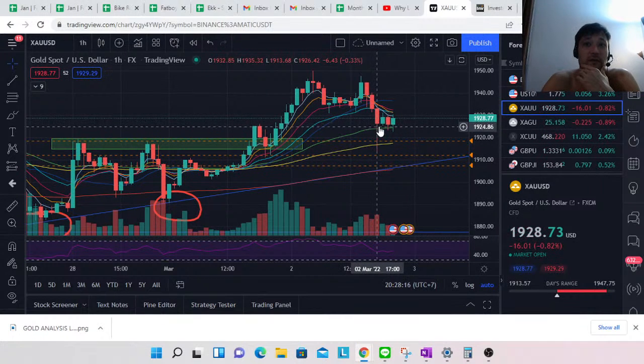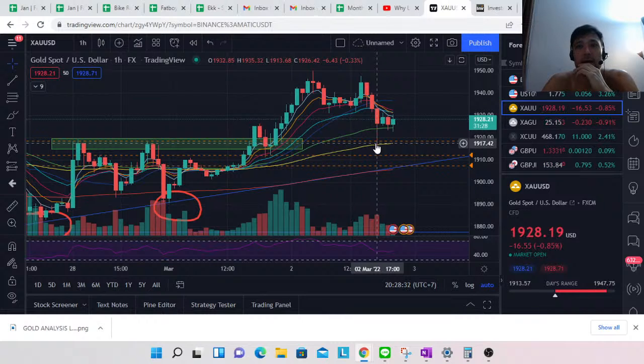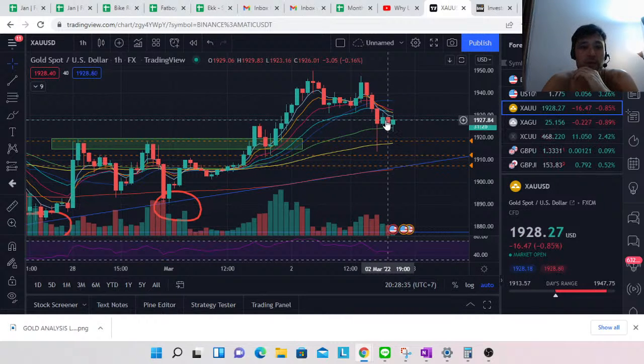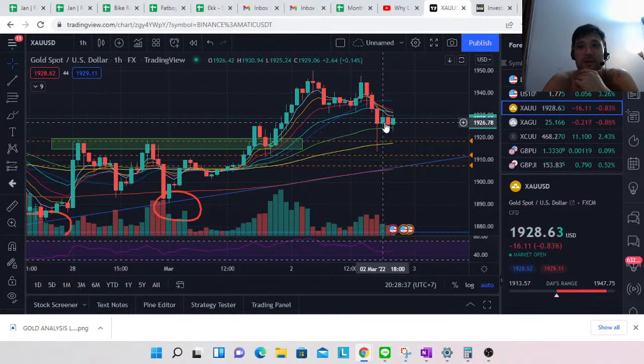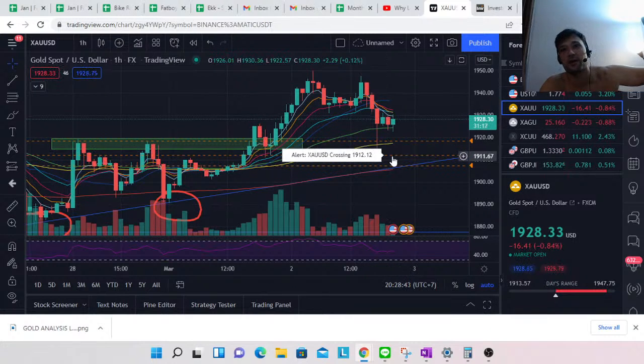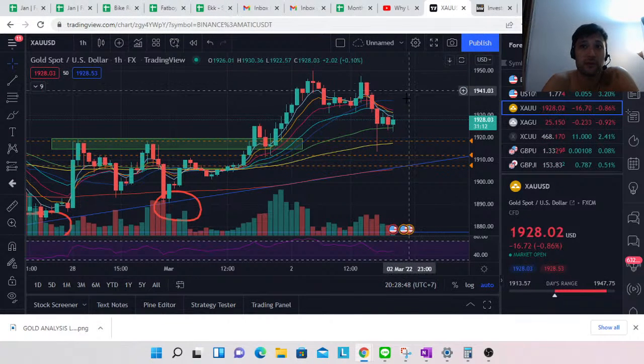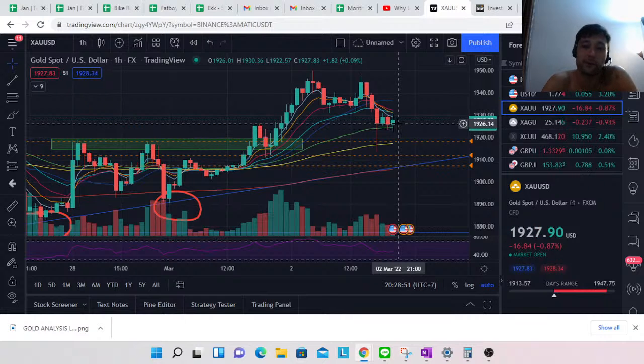I set the position at 1924 and went on about my day with something else. I set a buy limit with my SL at 1914, and I just got wicked out. That was really unfortunate. Sometimes you win some, sometimes you lose some. I thought I had enough space with my stop loss, but I didn't, so I got stopped out at 1914. I would have been at least break even, if not making some profit, because I would still be holding the trade right now. It is what it is.